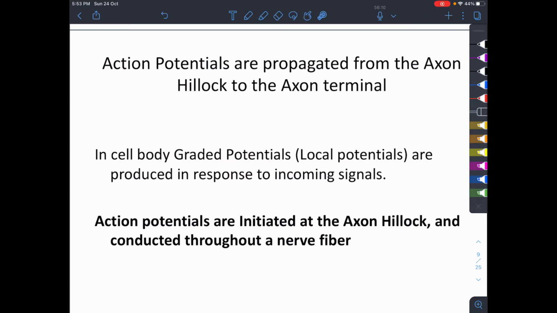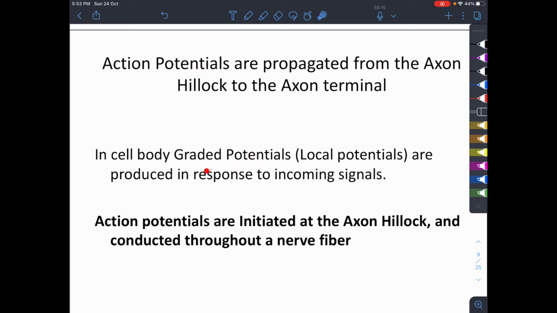احنا قلنا ان الأكشن potentials are propagated يعني ينتشر from the axon hillock to the axon terminal عشان هو action potential. فعلى طول أول ما يصير في generation الأكشن potential من الهيلوك إلين الأكسن terminal بيوصل بسرعة. The cell body the